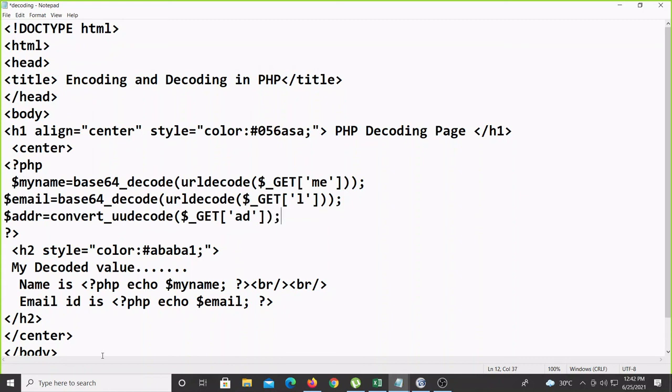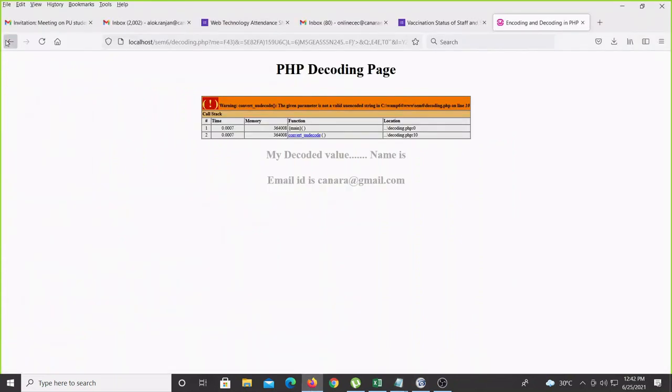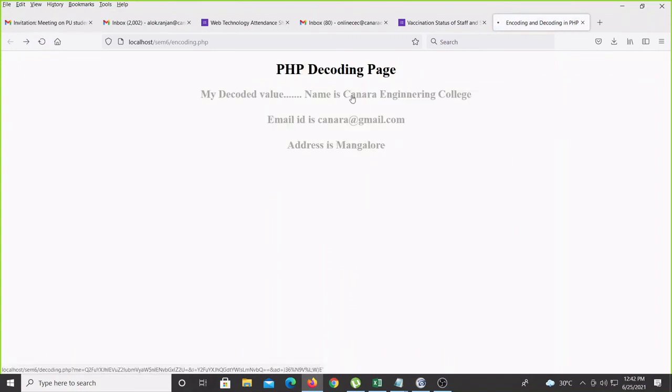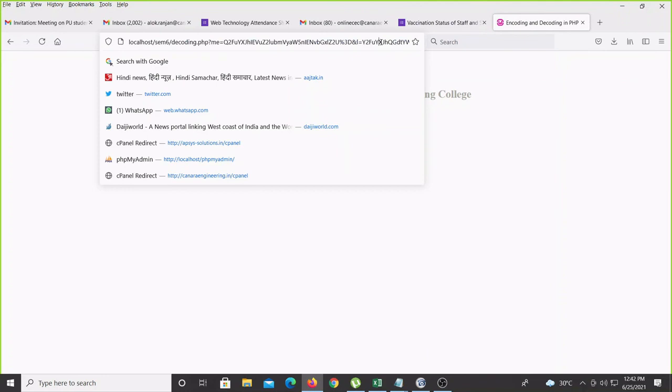And then if you want to display the address here, br slash, address is, echo $addr. Yes, now come to this page, refresh, click. Yes, you see it is coming here, and you can see the URL is also encrypted, with Bangalore in it.